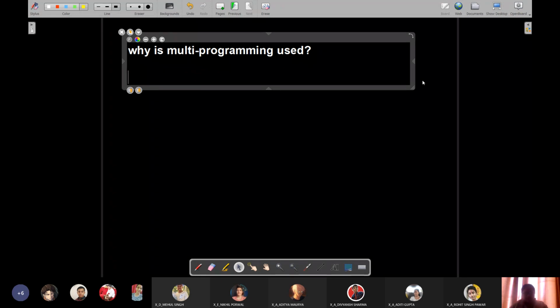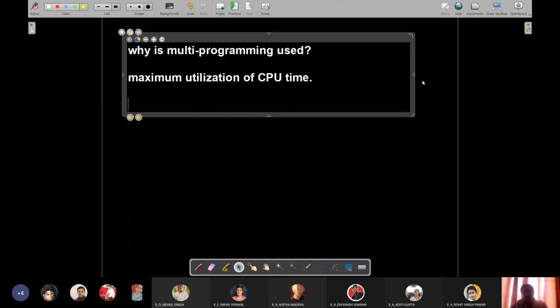So the main idea is maximum utilization of CPU time. Why? Because if your CPU is idle, then it wastes electricity and unnecessarily your system keeps getting hotter.